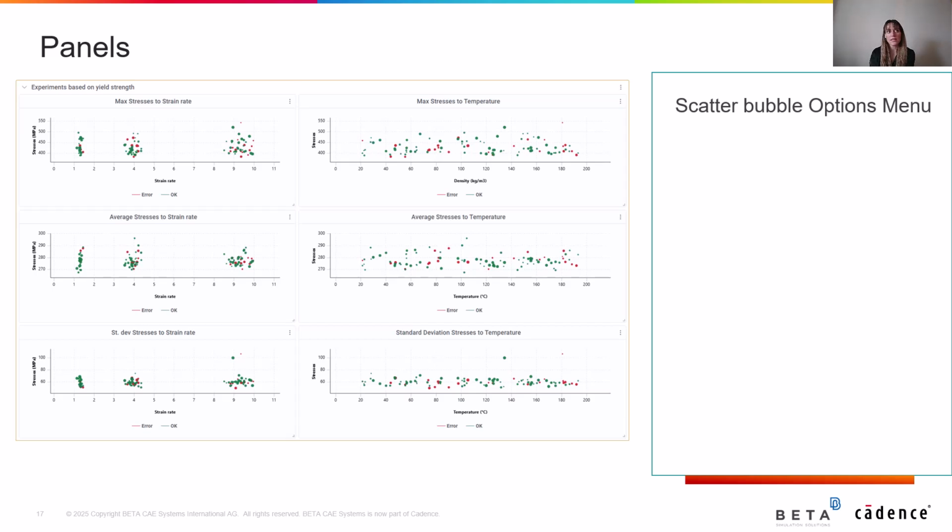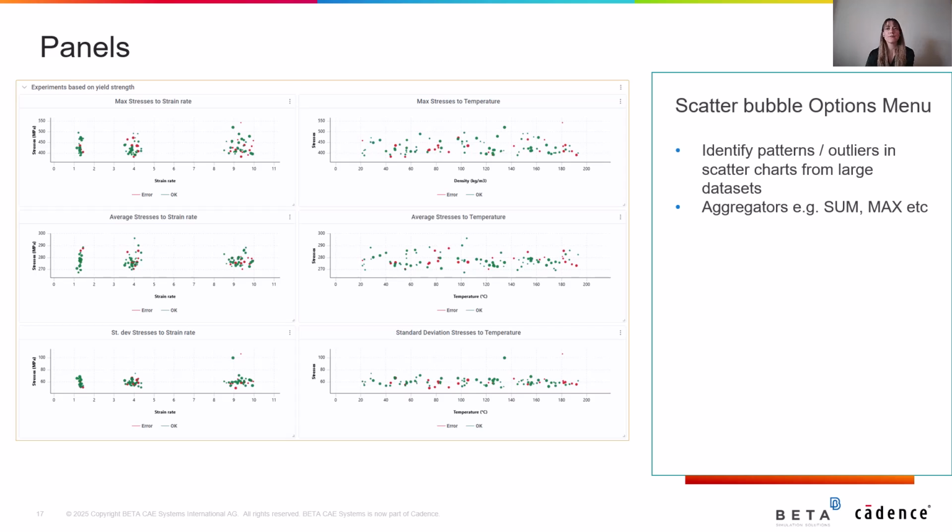Moving forward, in the scatter chart panel, new aggregation options are now available that can show the sum, the maximum, the average and standard deviation of large datasets. Performance is also significantly improved to be able to handle such large datasets. And the option to apply color based on an attribute value adds a visual layer of differentiation. For instance, you can use colors to highlight specific categories or status, making the chart easier to interpret.